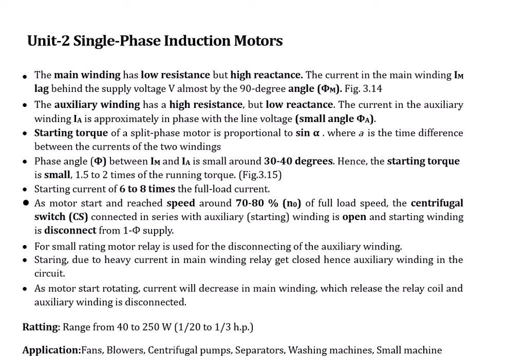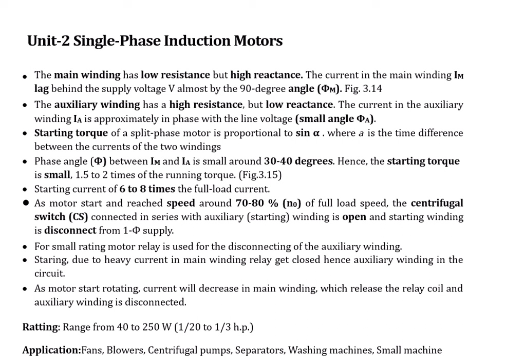In that condition, what we do is insert one resistance into the auxiliary winding, so that our starting torque becomes quite lower. As much as we want the starting torque to be lower, we add resistance in the auxiliary winding. Definitely it creates some loss, but some applications need to start at a slow rate, and this will not give that much loss, because our auxiliary winding gets disconnected after the motor reaches its final speed. So it does not affect efficiency much.